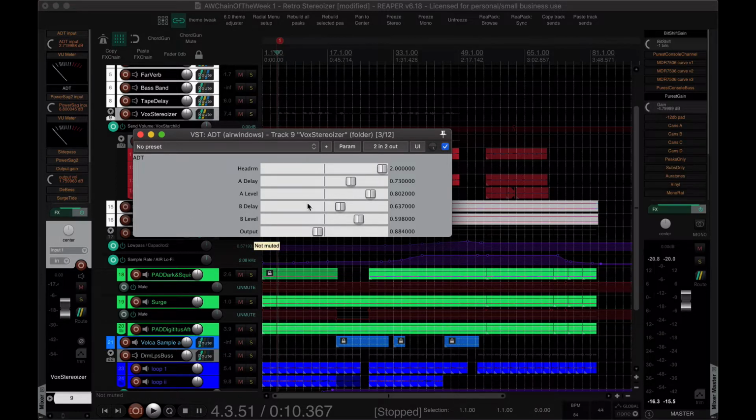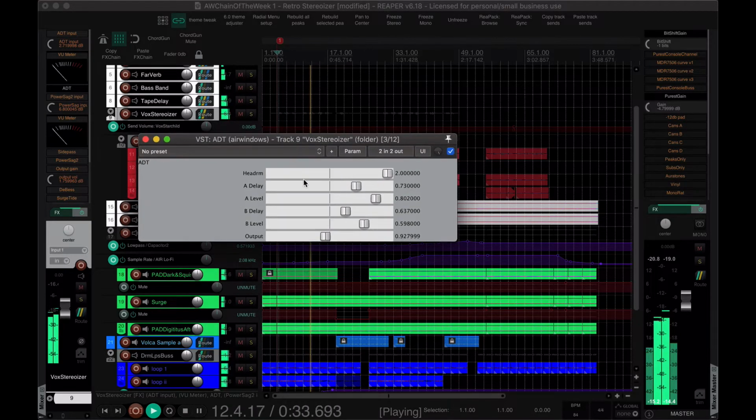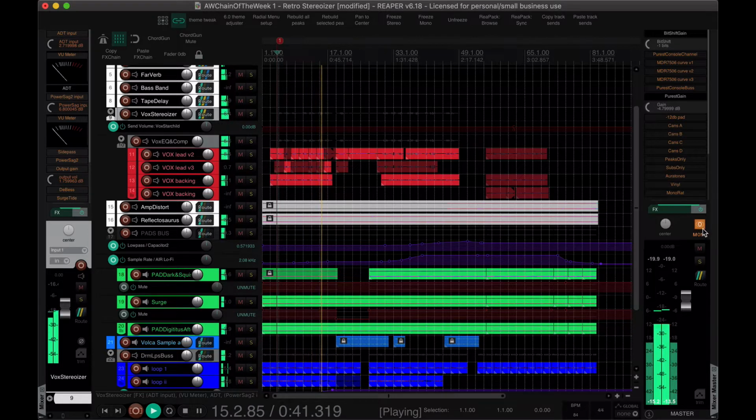We already are getting this sort of stereo effect. And if you have this output level right at 0, you might notice the stereo image leaning one way or the other, like towards the right channel. If you notice that, you can just bring the output down, and that'll help balance it out a little bit. So it sounds about right, in the middle. So the oak tree,